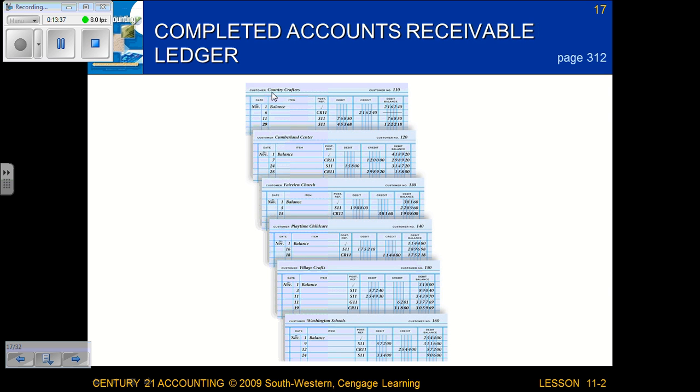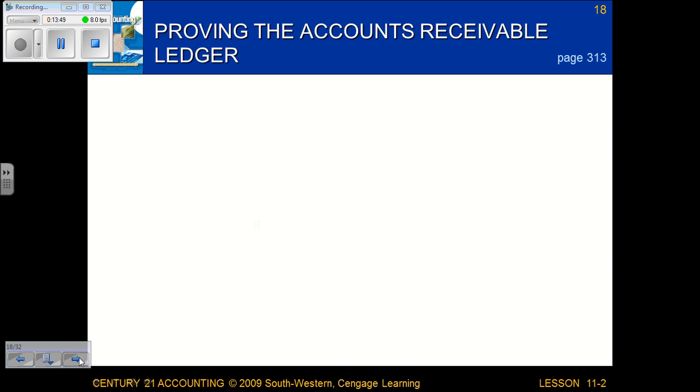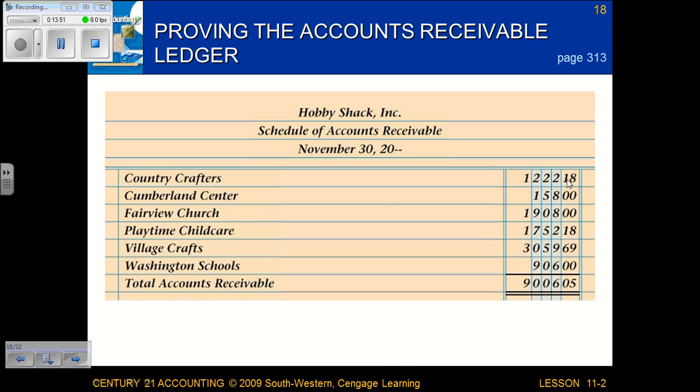So these ledgers, we had Country Crafters, had a balance of $1,222.18. Come over here, write Country Crafters, $1,222.18. We're just going to list all of our accounts that have a balance. If there is an account that has a zero balance, you do not have to list them here. So only list those that owe us money. We're going to add that up,